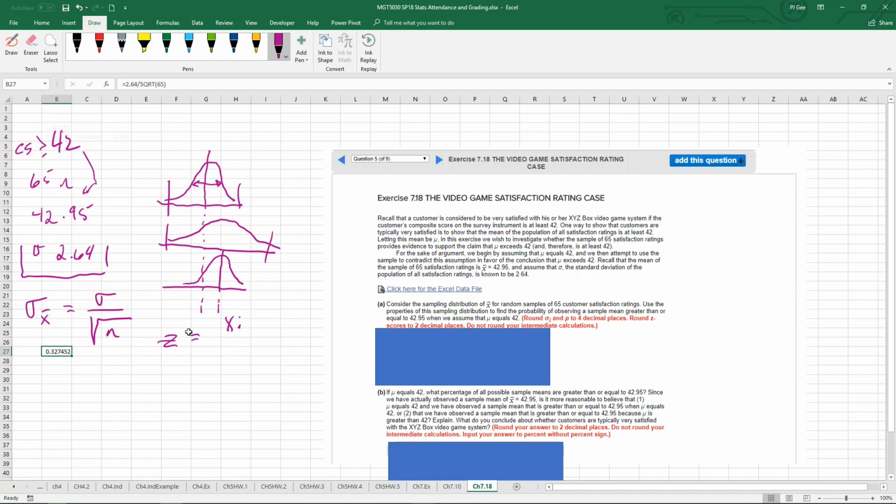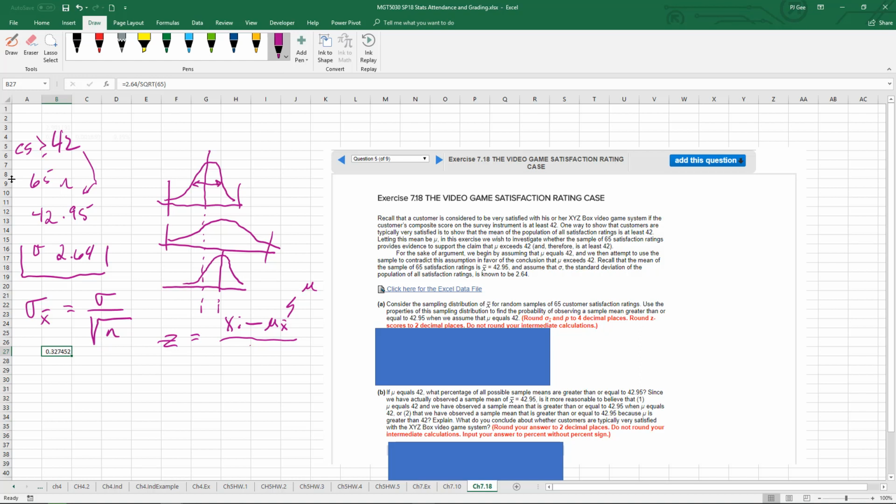And we take our point of interest, how far away from the mean. In this case, what we'd be using is the sample mean, but since the count is 65, greater than 30, we can treat the sample mean as a normally distributed function here. Okay, so we can use the population mean. So we're going to stick that in there, and then we calculated our standard deviation of the sample mean